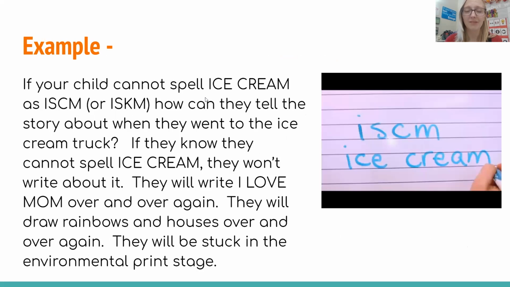For example, your child cannot spell ice cream as ISCM or ISKM. Ice, cream, first sound, last sound. How can they tell the story about when they went to the ice cream truck? If they know they can't spell ice cream, they won't want to write about it. They will write, I love mom, over and over again. They will draw rainbows and houses over and over again, and they're going to be stuck in the environmental print